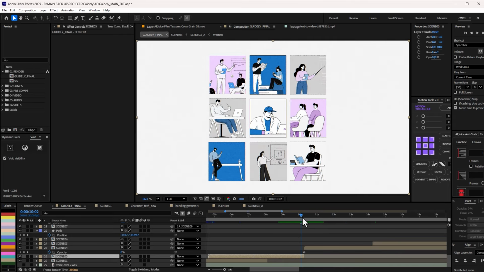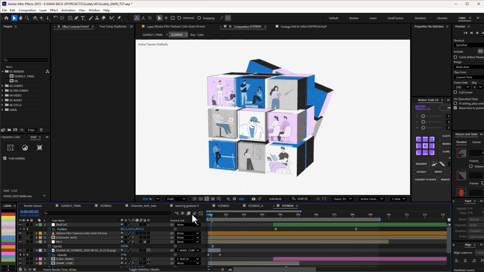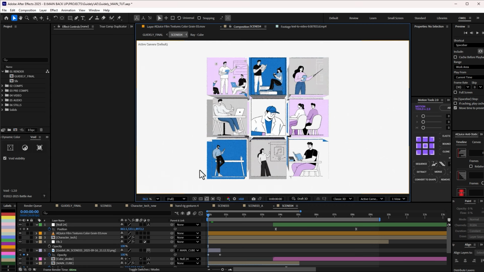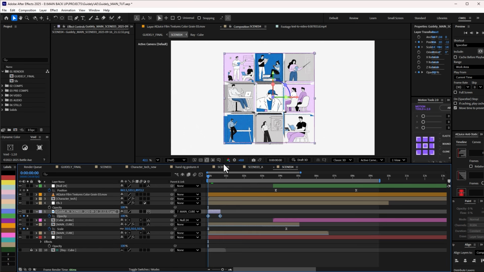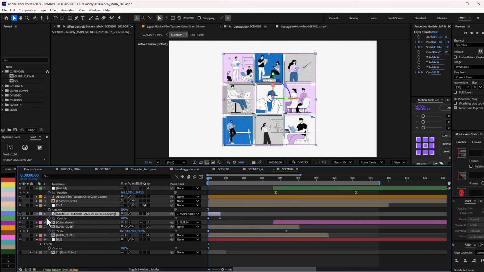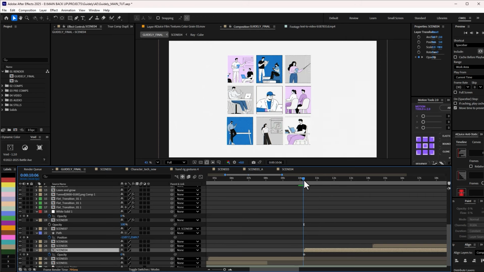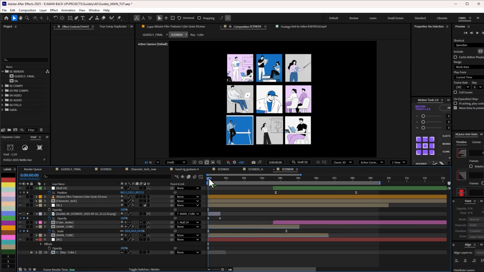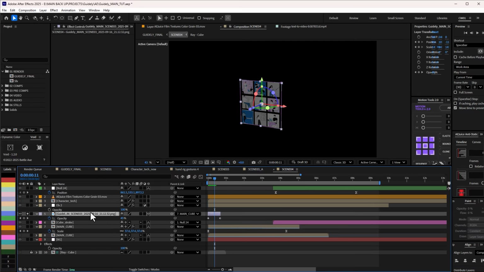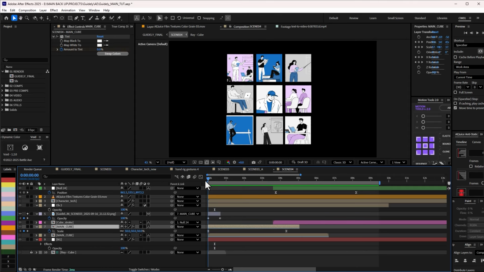So, but one other thing I did was to make sure that this was framed to my grid. I think this is one thing you might be really interested in right now. So if I solo this particular layer here, let me just drag this up a little bit. You will see that I have this image. And this image is just a snapshot of how the end frame of the previous scene would look like. So I took a snapshot of that and then brought it here because I knew I was going to do like a 3D thing. I parent it to the main cube 3D pre-comp,